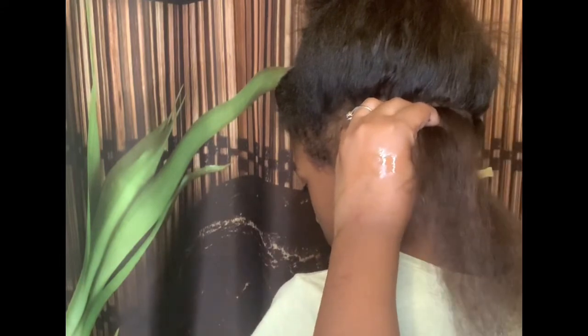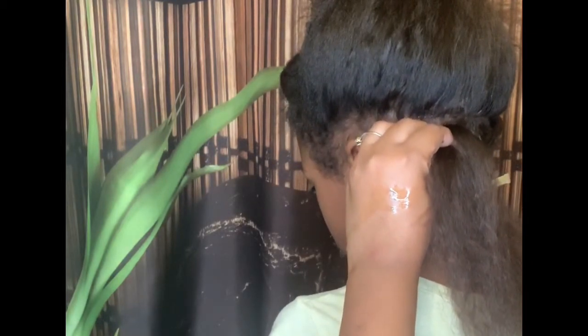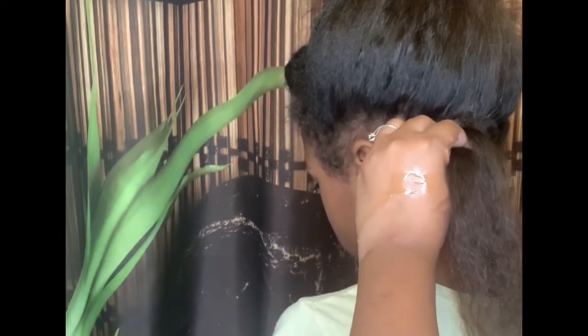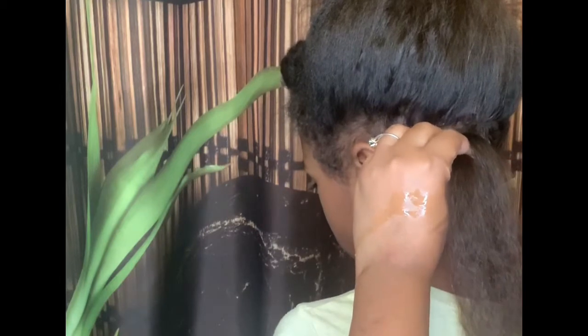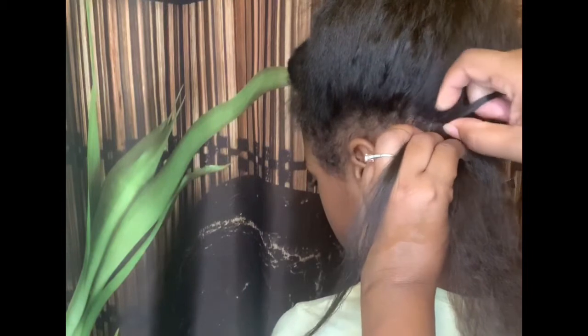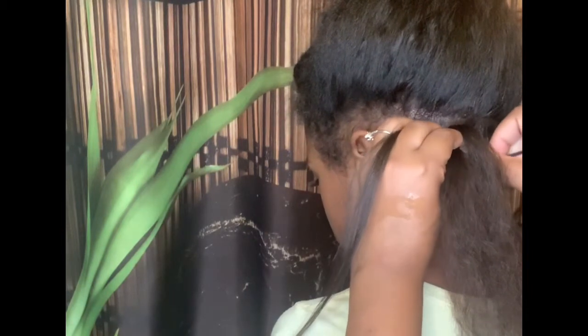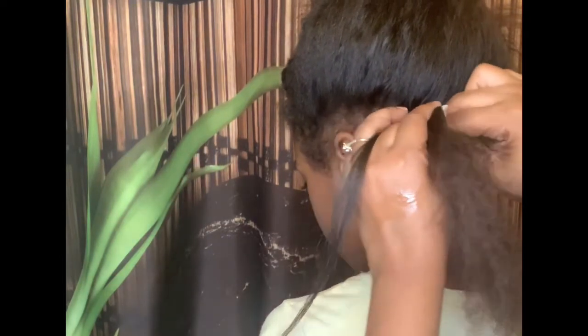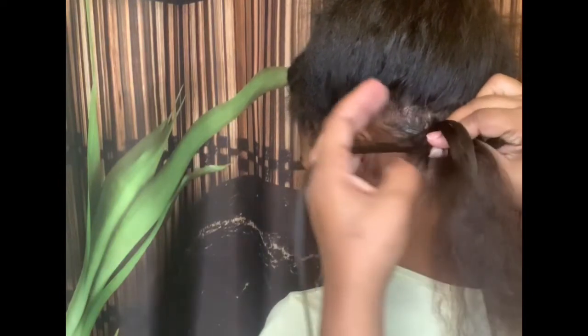But I do one turn. For those of you that already know how to braid, you braid like you're starting to braid, but I do one turn as I'm braiding the hair, and then I put the hair on top of the section of each braid. I know some people go under, but I go on top, and I notice that this creates a more natural looking transition. So as you see, I'm taking the hair and I brought it under and through the middle on